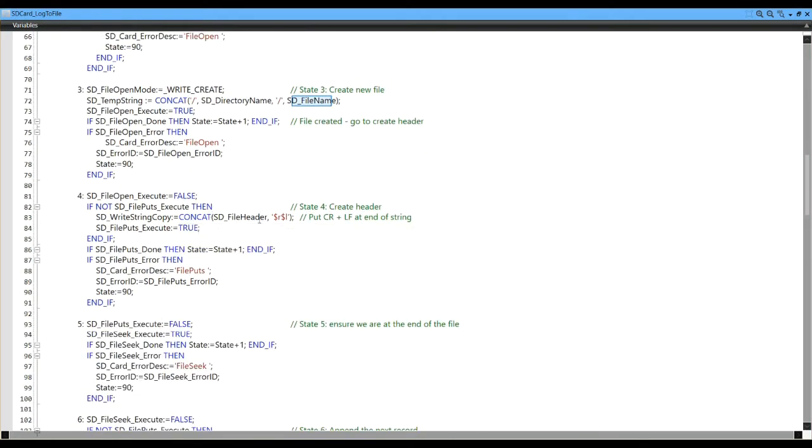If that's successful, then the next thing we want to do is add on, we've opened an empty file effectively, so we want to put on the file header. So we pick up the file header that we passed into the function block, we add a character return line feed, and then we execute file put. File put writes a line of text to the file. When we've done that, we go to the next state, state 5,